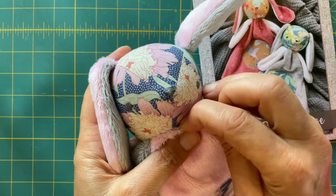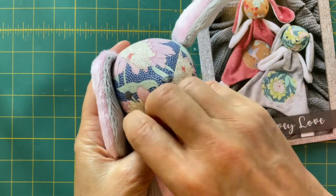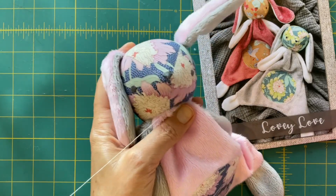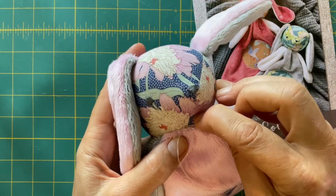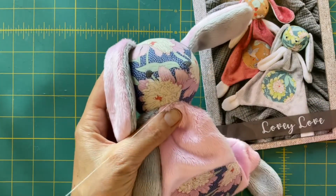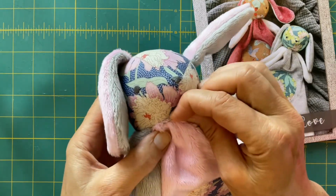I'm going to take my next stitch into the body. Again, we're just working slightly outside of where we just stitched, so just ever so slightly out, and then I'm going to pull that nice and taut. Where that's come out, we're taking our next stitch into the head. Again, nice and taut. Next stitch into the body,